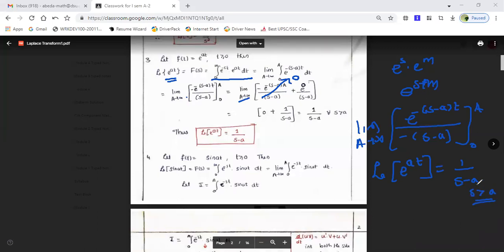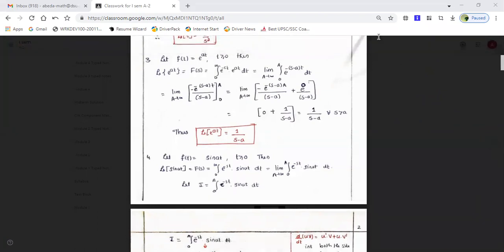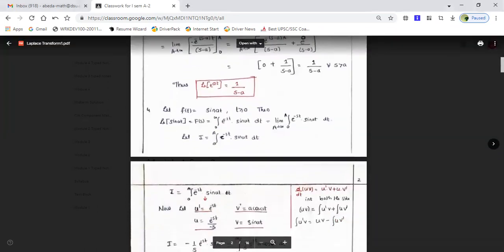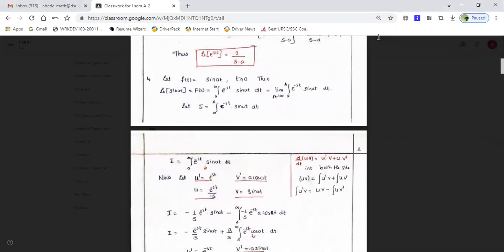What I'm trying to say is, all these basic examples you have to remember as formulas, because whenever you're solving examples in the upcoming classes, you're going to utilize them directly. So you have to remember them in particular. Is the problem clear, guys? Yes, ma'am. Okay, so I think my speed is fine.